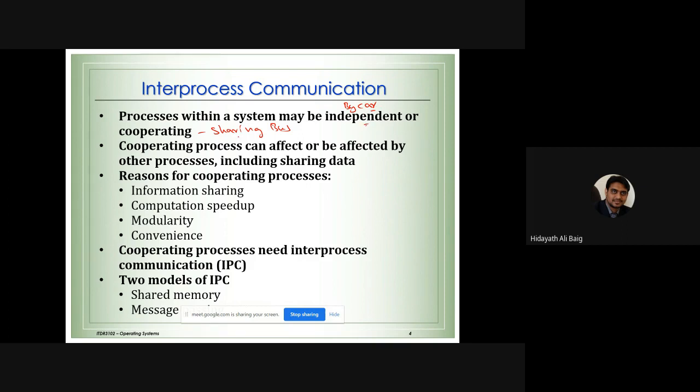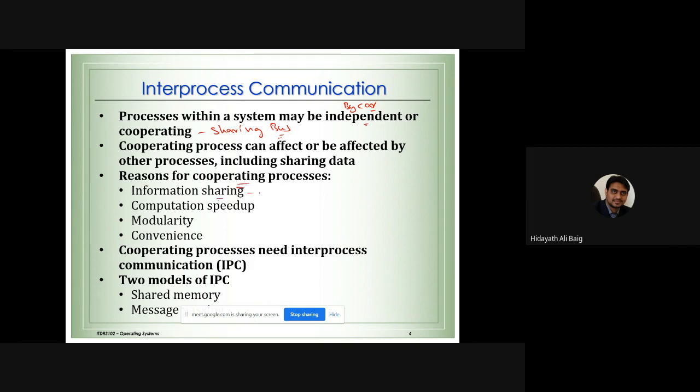But if you are coming by sharing bus, there are many advantages. Like if you say sharing, we can share the money. We can be responsible coming to the college on time, and it is actually convenient to come to the college by bus rather than coming by our own car, because we have to find the parking, we have to wait for the traffic, so many things. So there are advantages. In the same way, when we talk about the cooperating process, they have advantages.